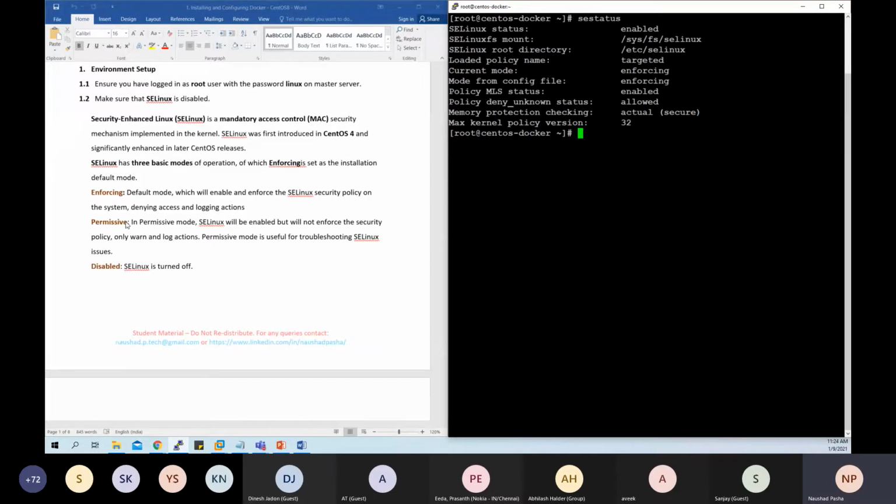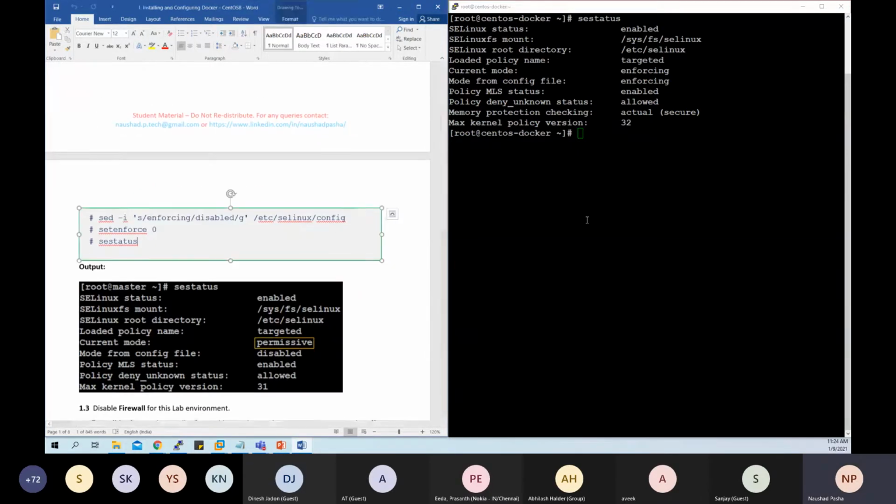The other modes of SELinux are permissive and disabled. Disabled is very straightforward, where there is no SELinux. Permissive is used when you are getting started with SELinux and you don't know how to work with it. It will guide you, but it will not stop you from what you are trying to do. If you are getting started with SELinux, you would want to work with permissive mode, which will not prevent you from what you're doing. Instead, it will educate you on what can be and what should be done.